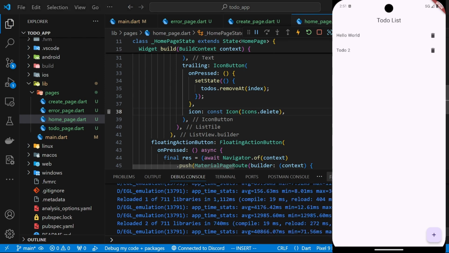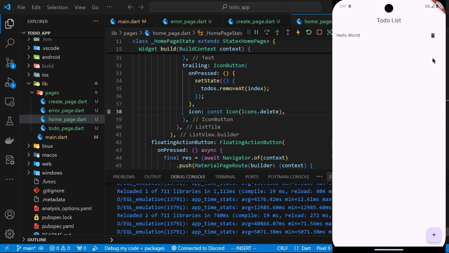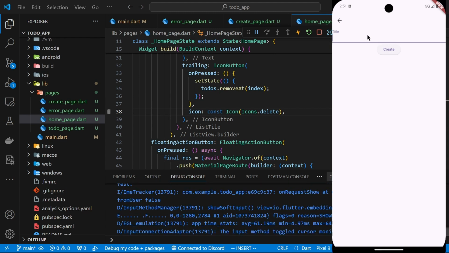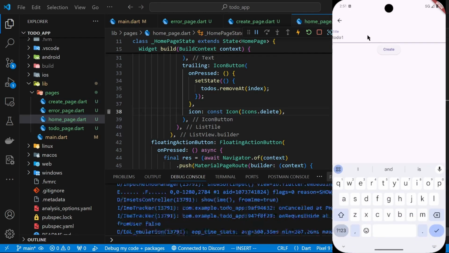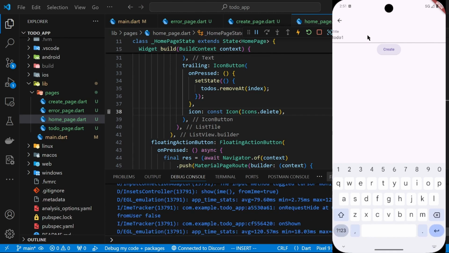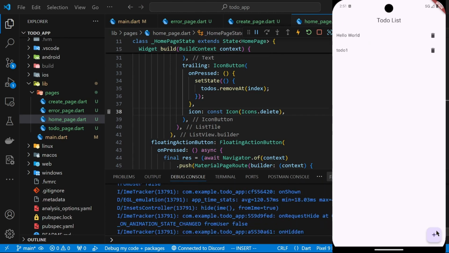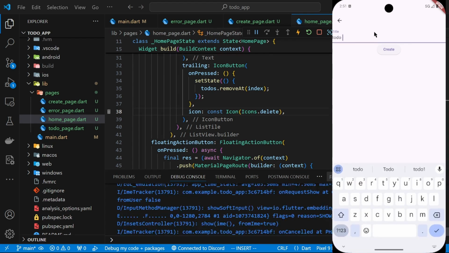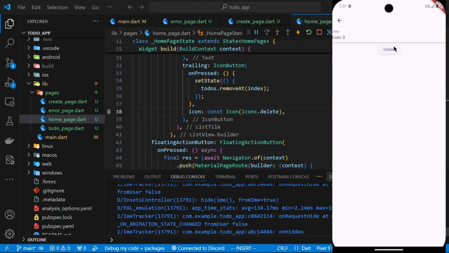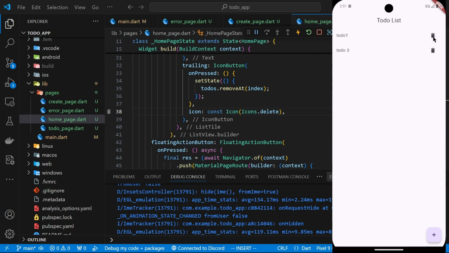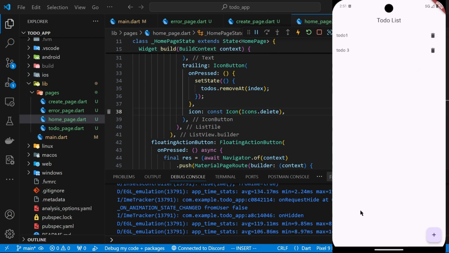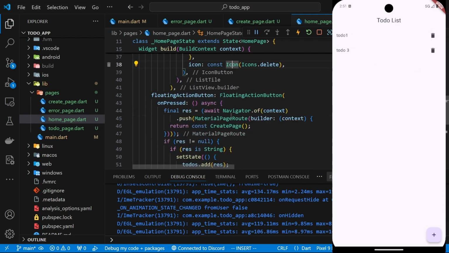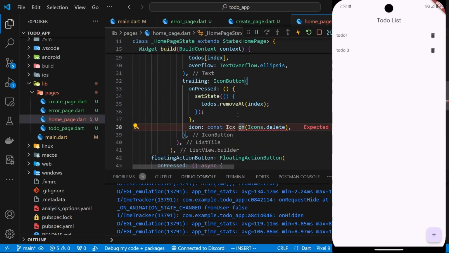Let's save. So we have a delete button now. If I click on this, you can see that disappears. I can add another one, to do one, and then to do three. Then I can remove from anywhere and it properly removes it and updates the tree. Cool. But now the thing is,